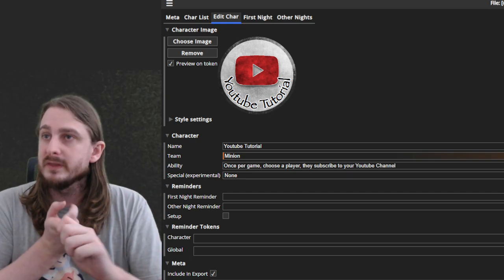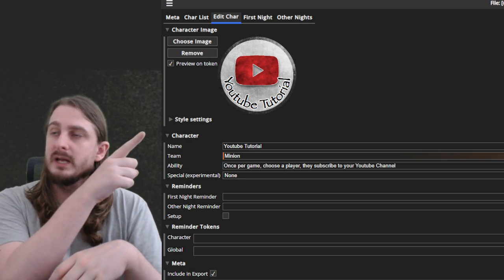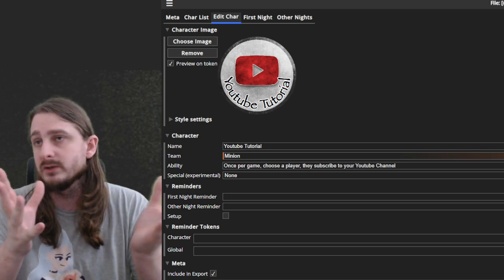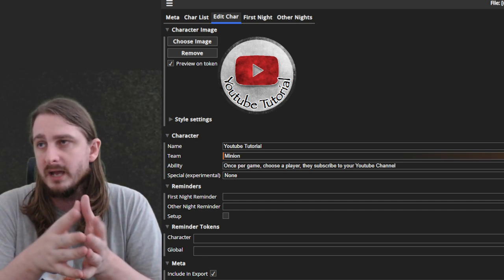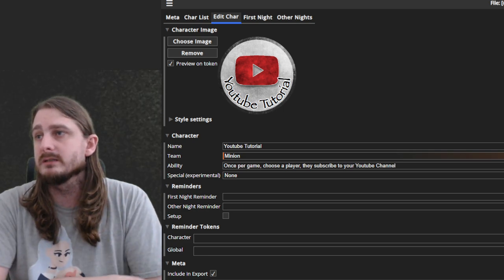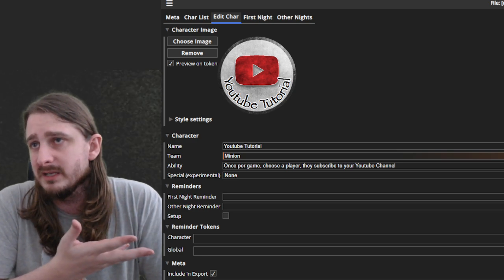So if you put in the name, you will see that the preview has been updated to match the name that I've written on the thing. But again, this token doesn't matter. It's not going to show up anything in the app, and you'll see later. Team is minion, but it is nice and red. And then I've just added an ability so that we have something for it, which is